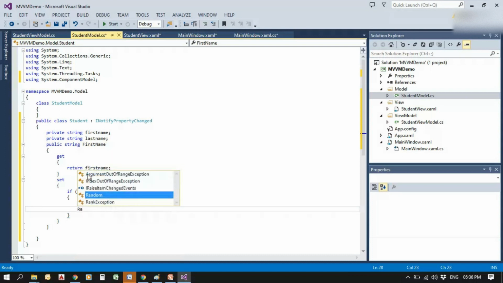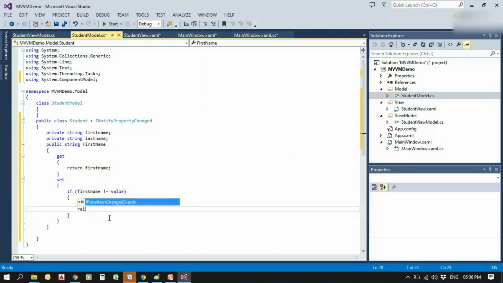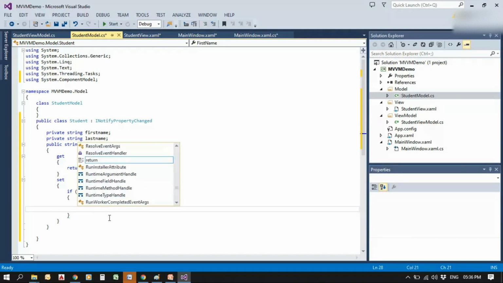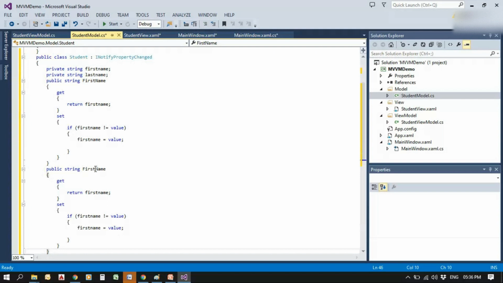Likewise we will be declaring the same for the public string for LastName also. Copy that part, and we will change it to last name.